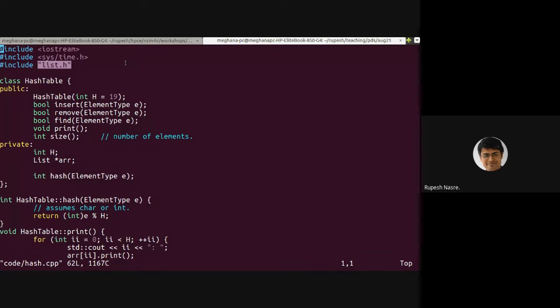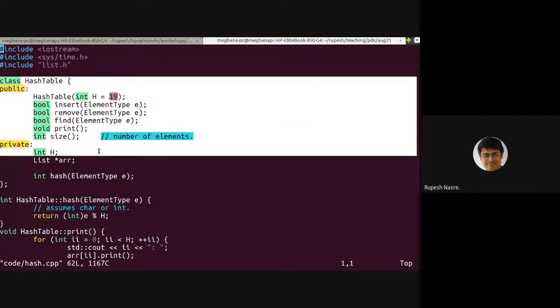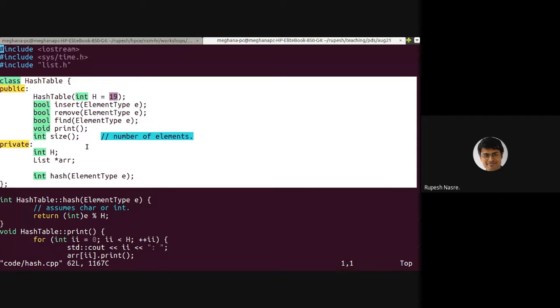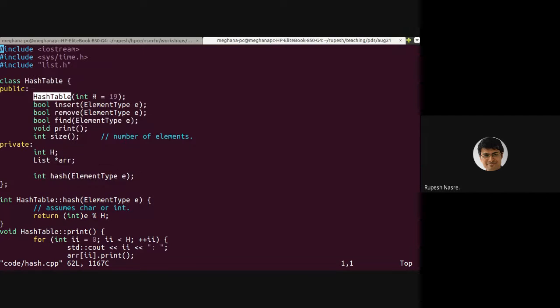Okay. Our hash table class is rather simple now that we know what all is required. It has a constructor which initializes the hash table array to some array size, in this case some prime number, in this case 19. And then there is an insertion. If you recall from the slides, we said that there would be two parameters. One is the key, another is the value. In this case, I am not using the value separately. I am using key directly as the value, and therefore I have a single parameter. But in general, you might require both key as well as the value. Similarly, removal with the key and finding with the key are required. And I'm also printing the hash table.